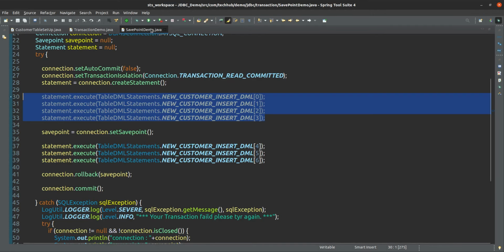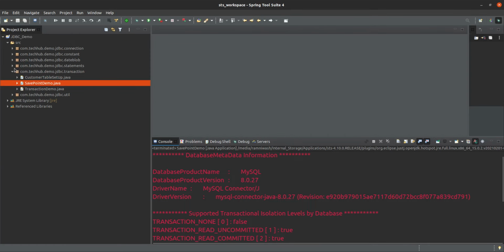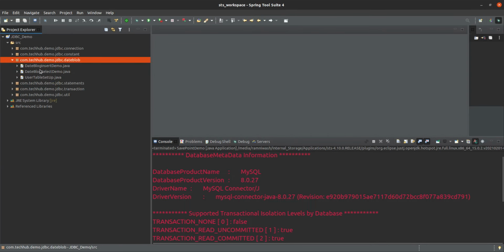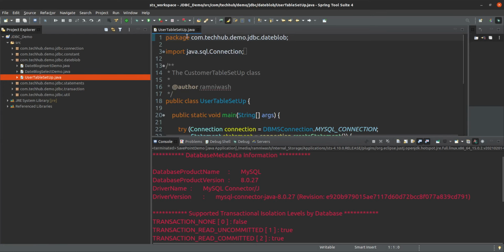So now just see this example, date and blob. First we have to create the user table.